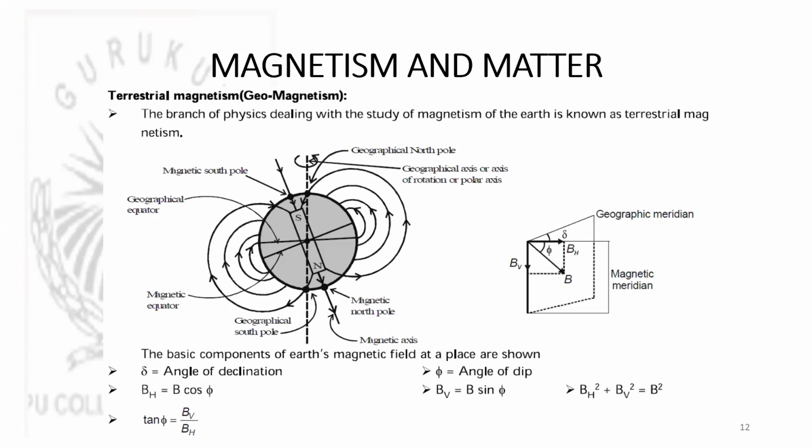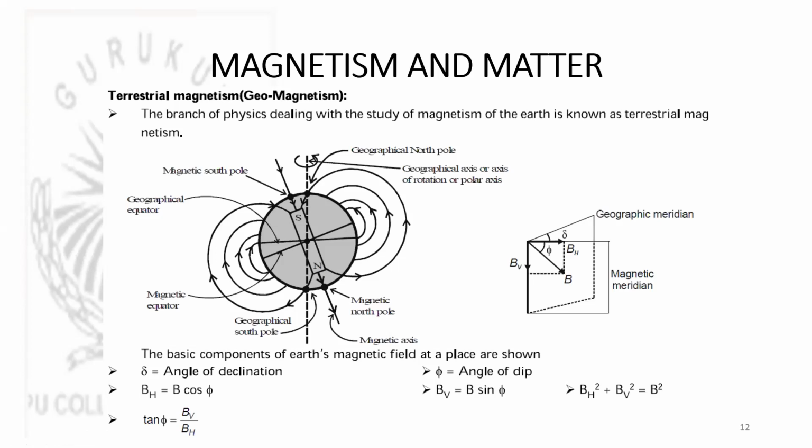Magnetic axis is a line joining the magnetic poles of the earth as shown here. So a plane perpendicular to it and passing through the center of the earth is the magnetic equator, and the dotted line shown here is the geographic axis, which is joining the geographic poles of the earth, and the great circular plane passing through the earth's center and perpendicular to this geographic axis is the geographic equator.